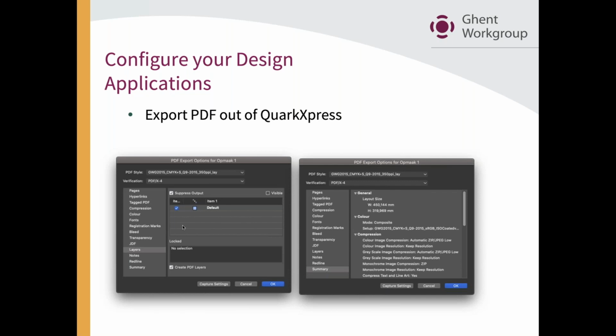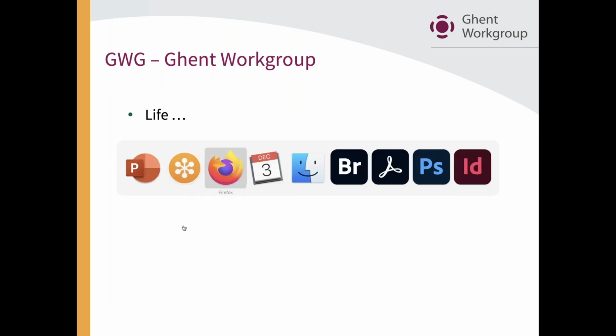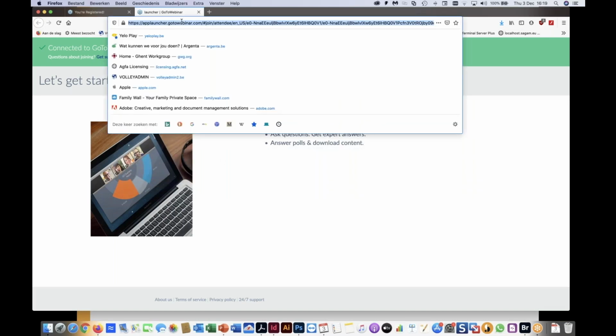And it can be very useful. At the end, we have the summary for all the settings, and this is a little bit of description of what you all chose. So now I have to switch to my InDesign and my system, so I can give you the information live. So first of all, if you go to the website